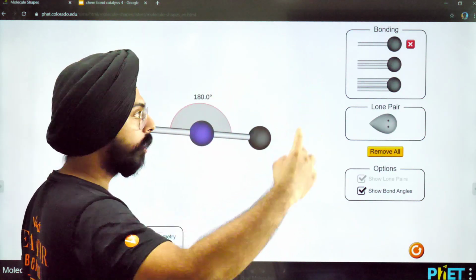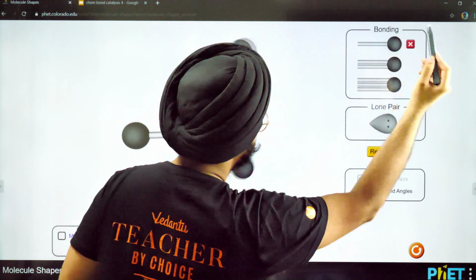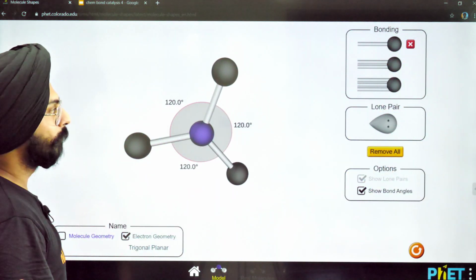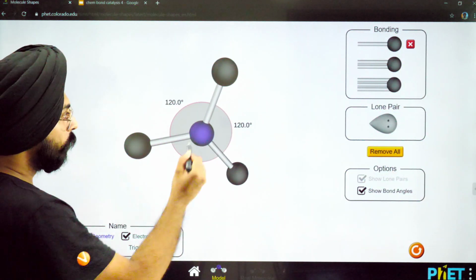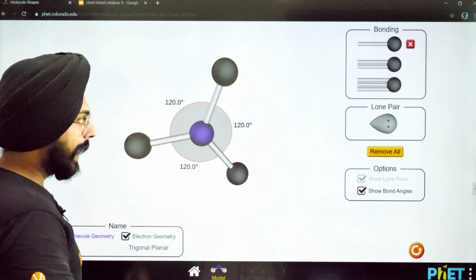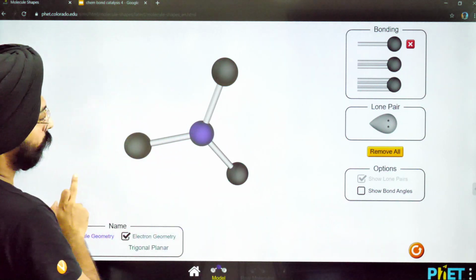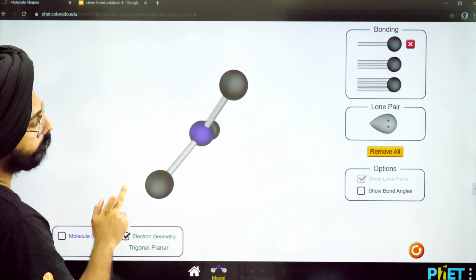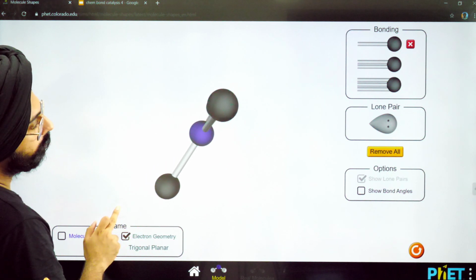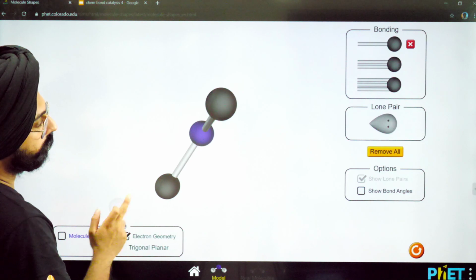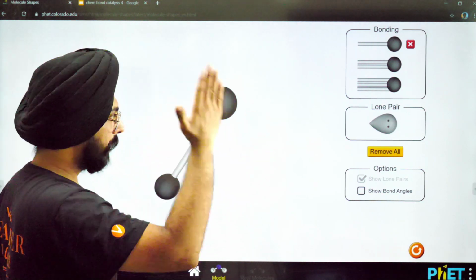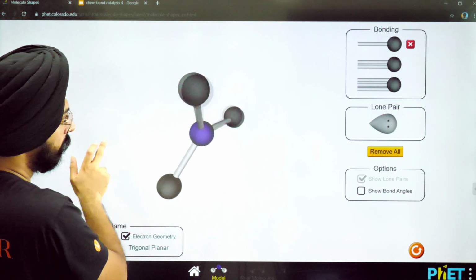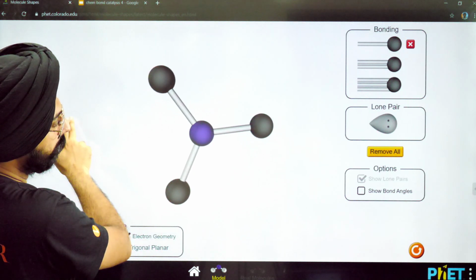Now, the next structure that we formed was BCl3. There were 3 bond pairs. Let's add one more bond pair. ये देखो बन गया 120 degree angles. And this structure is planar. Let me show you. See, I can put all of the atoms in one plane. Can you see now? You can't even see the entire molecule because all of them lie in one plane. एक plane बन रहा है यहाँ पे. Yeah. Now they're in the plane of your screen.